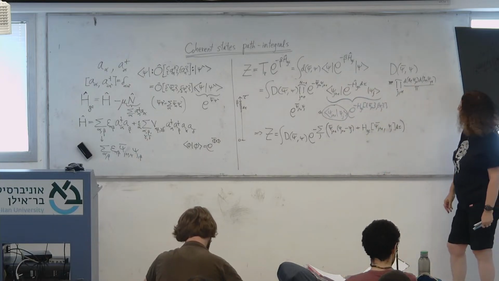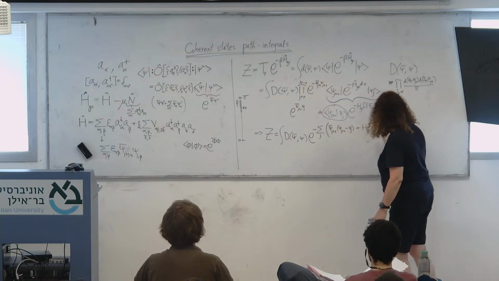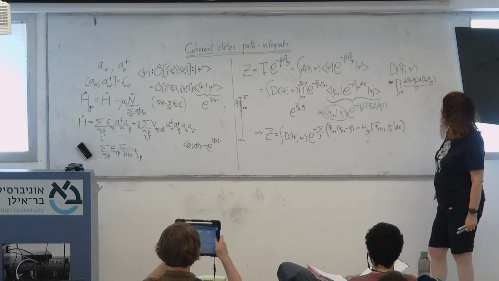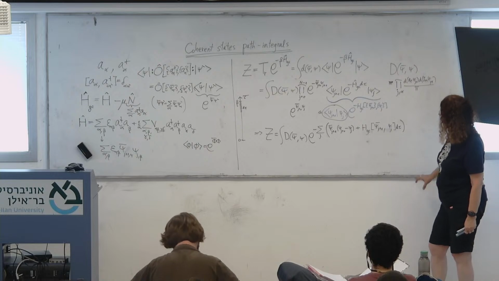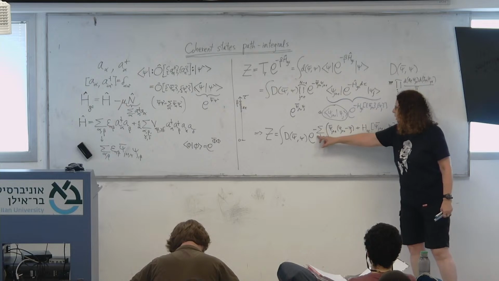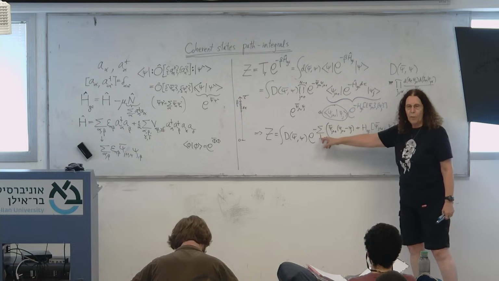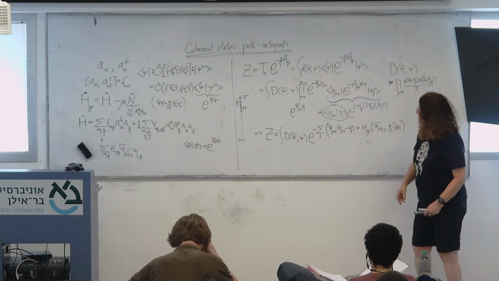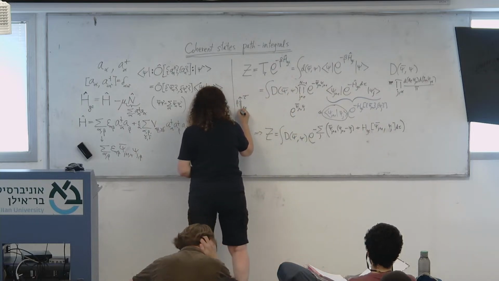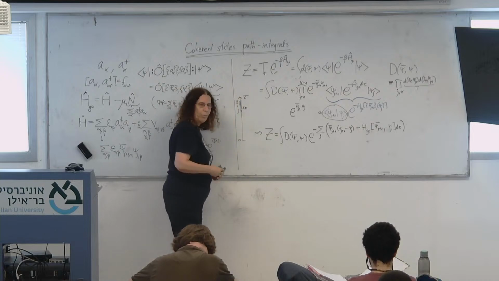Now I think maybe you're going to see where I'm heading, because I get here something that, if I take the limit where d tau goes to 0, the sum over j will turn into an integral, right? j is just an index here that counts the time from 0 to beta.